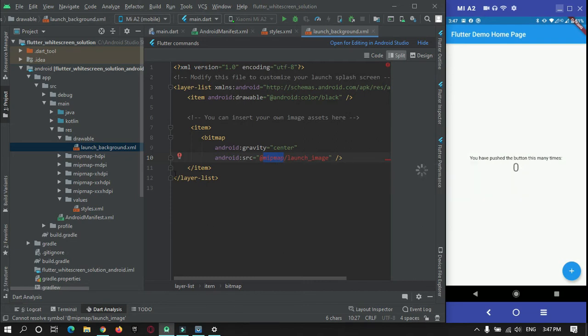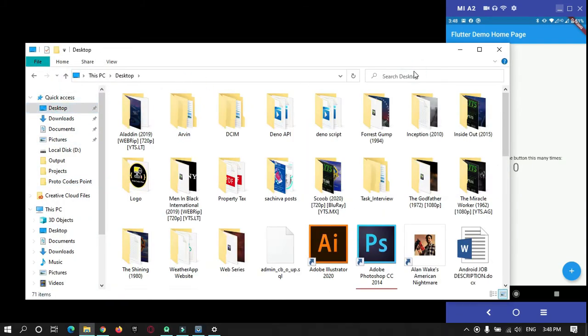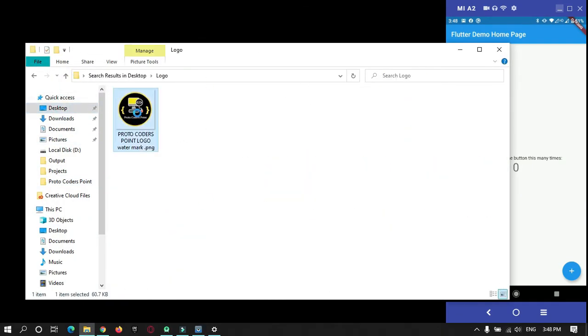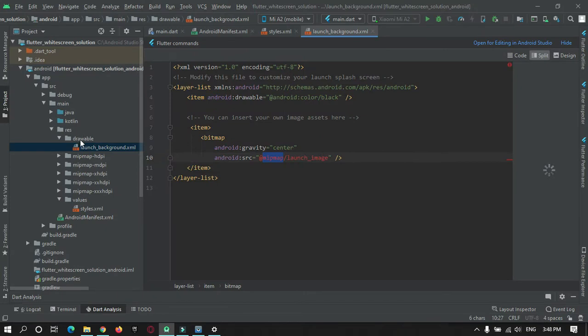So now what we will do is copy our company logo over here and paste it into our drawable folder.